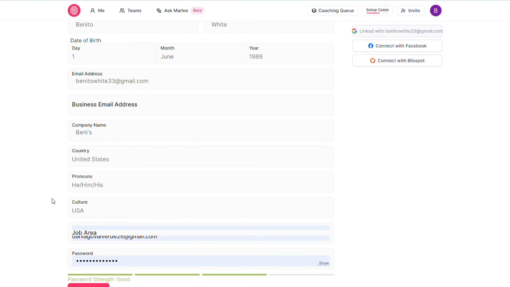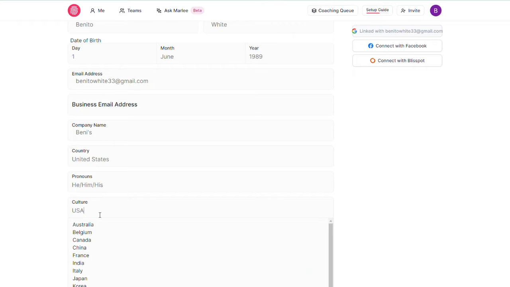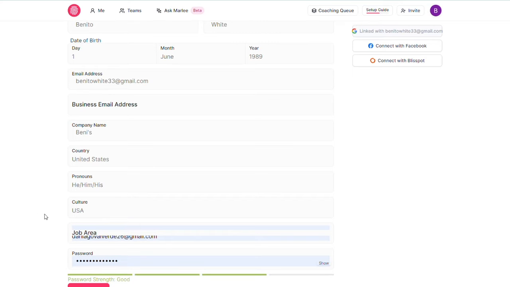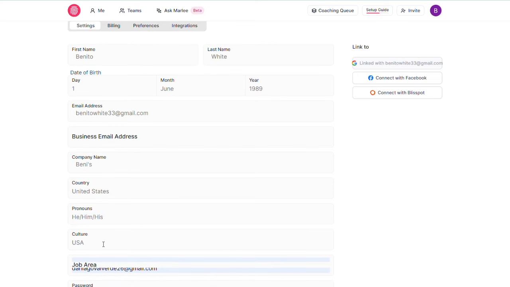But before you do anything, let me clarify really quick. So your country is where you live and work from. So for example, if you're from the US and work there, just select the United States for both your country and culture. Note that we don't currently have data for every single culture in the world, so when you go to select your culture, just select the culture that is closest to your own. We're working hard behind the scenes to have every culture very soon.